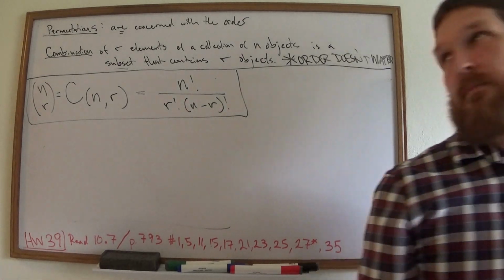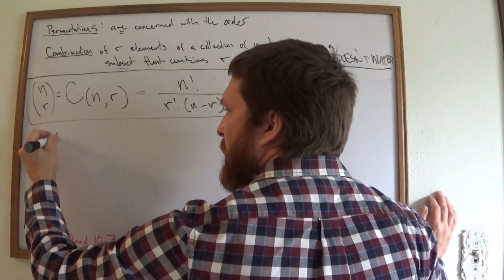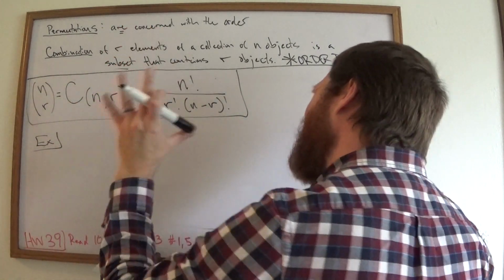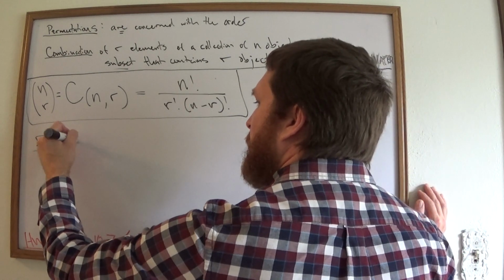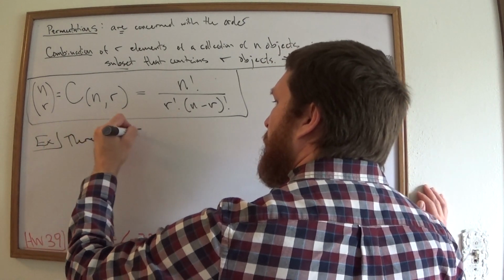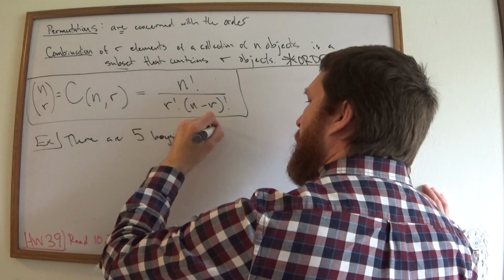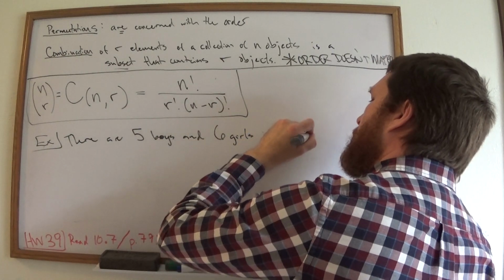Well, yeah. I'll just make one up. Okay, so here's an example. I'm sorry I didn't have something prepped for this. I planned on going somewhere else, but since we just did this, I do want to do an example on this. So let's say there are 5 boys and 6 girls in a class,